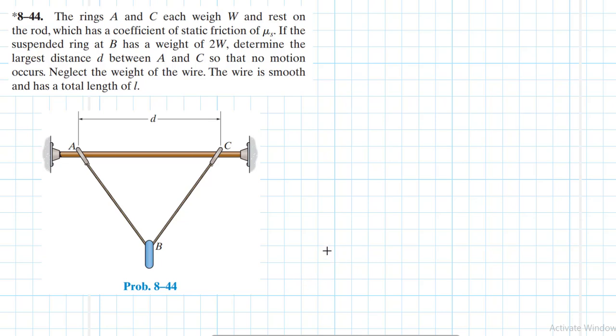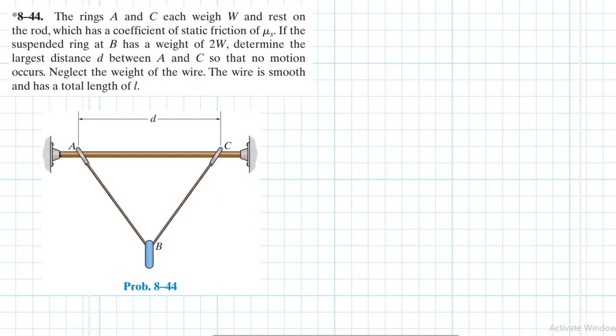We're going to be solving this problem, and it reads: the rings A and C each weigh W and rest on the rod, which has a coefficient of static friction of mu s. If the suspended ring at B has a weight of 2W, determine the largest distance D between A and C so that no motion occurs. Neglect the weight of the wire. The wire is smooth and the total length of this particular